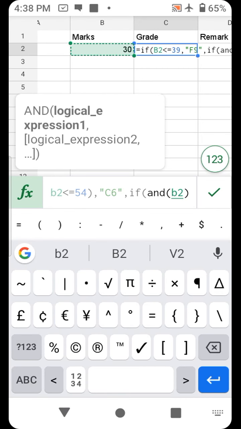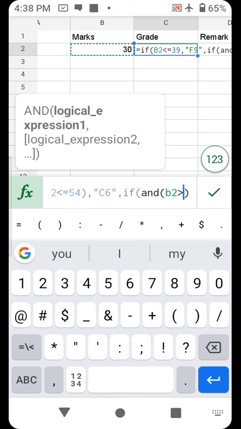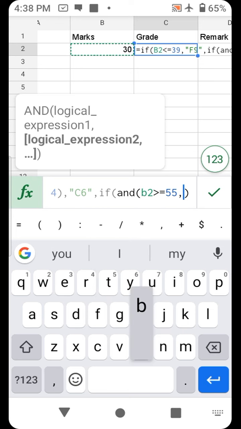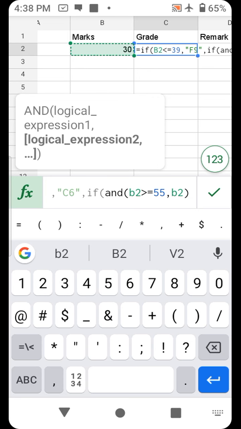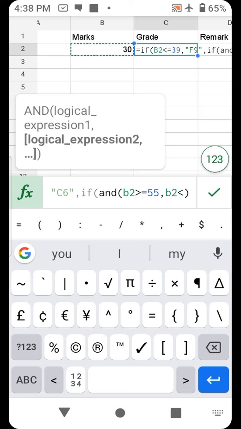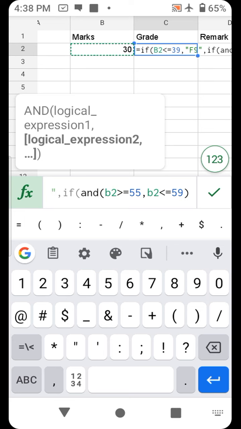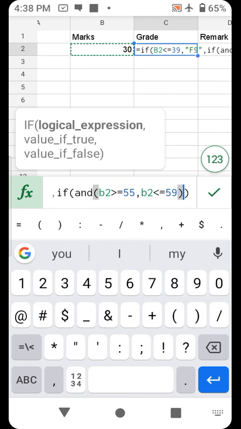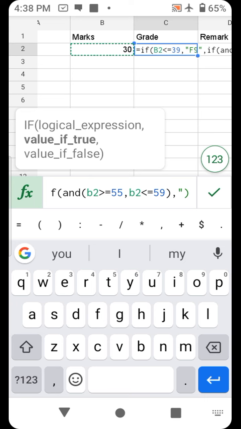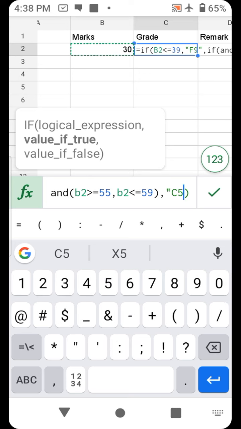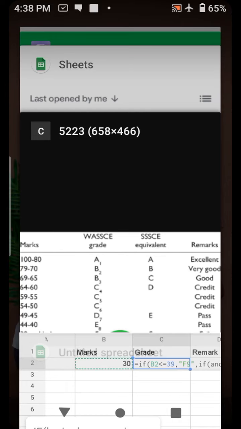B2 is greater than or equal to 55, and B2 is less than or equal to 59. Alright, close the and, comma, C5. Close it, comma, next,